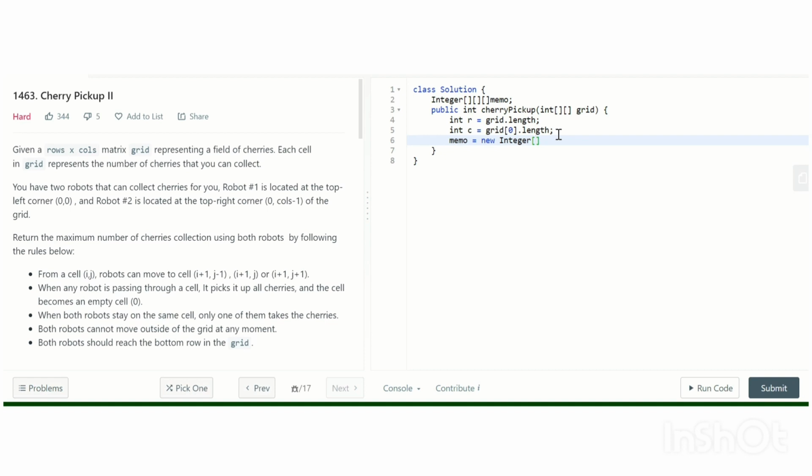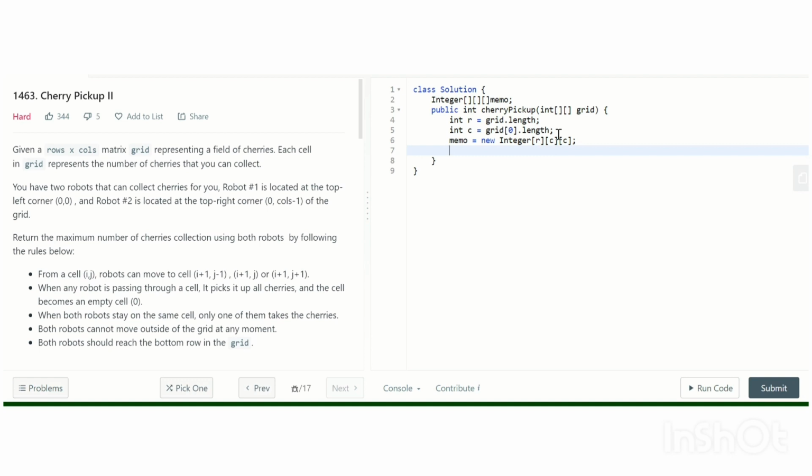What is the size of memo? All the robots are going to move into all the rows actually, and each column can be assigned to any of the robots. So it is going to be R, comma C, comma C.